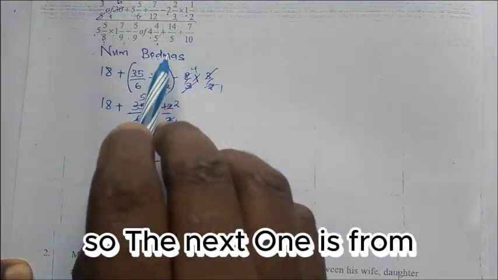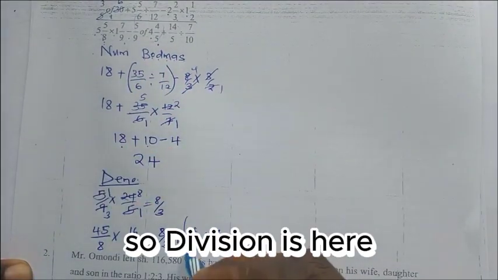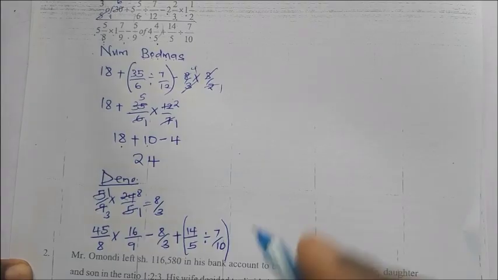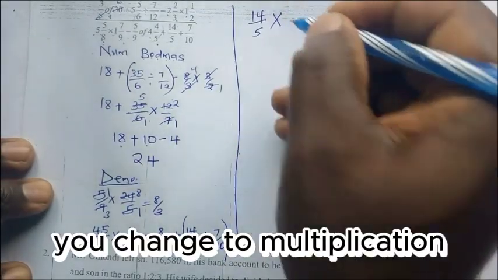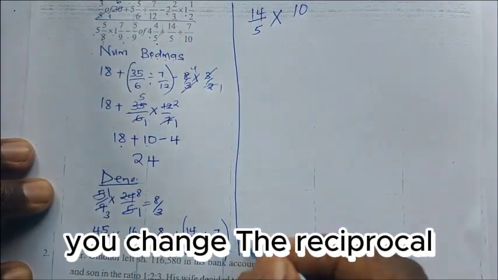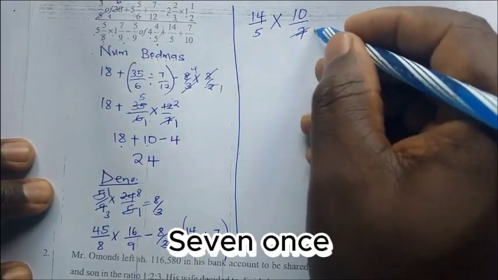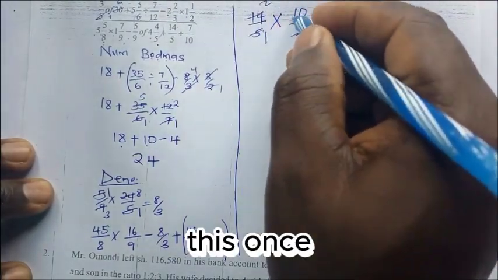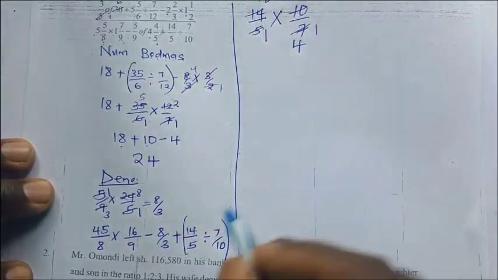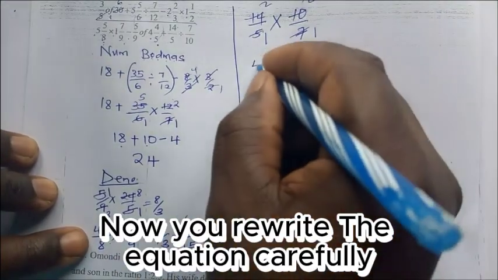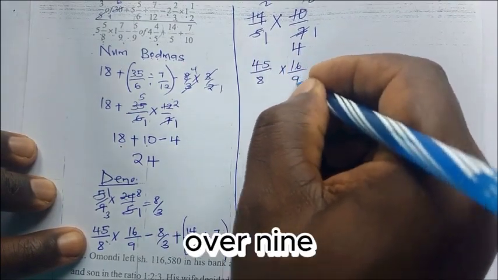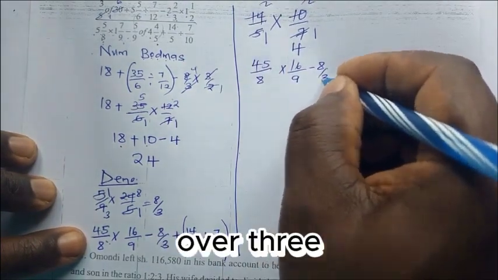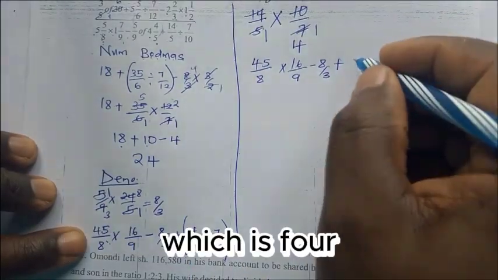So the next one is this division. Division is here. That is the next one. So this is 14 over 5 divided by, you change to multiplication, and it is the reciprocal. You change the reciprocal, which is 10 over 7. 7 once, 7 twice. This once, here twice. So that is 4. Now you rewrite the equation carefully. 45 over 8 times 16 over 9 minus 8 over 3 plus the answer from here, which is